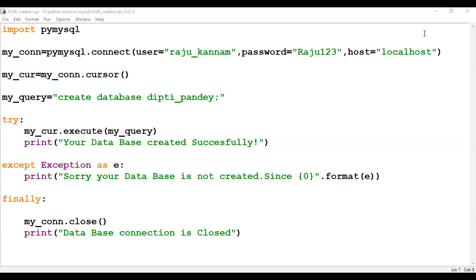No. Cursor is only one, but 2 times we are going to execute the query, because that execute function will execute only one query at a time, right? For every cursor there is a function called execute. This will execute only one specified query. So first we need to create the table. So you give the create table query and execute it. Then once the table is created, you can fetch the table structure by using the second query, that is DESC table name.